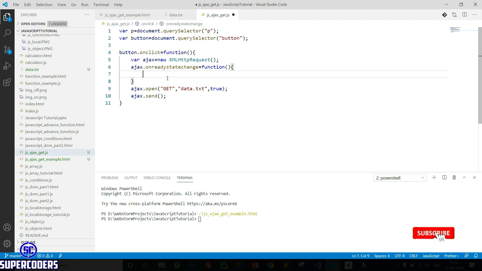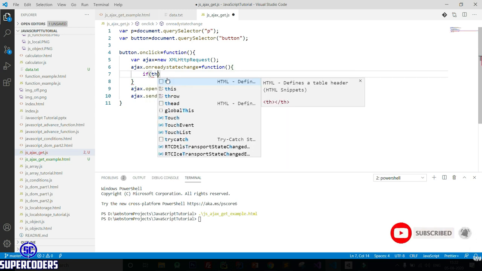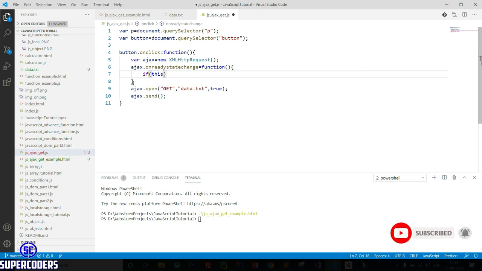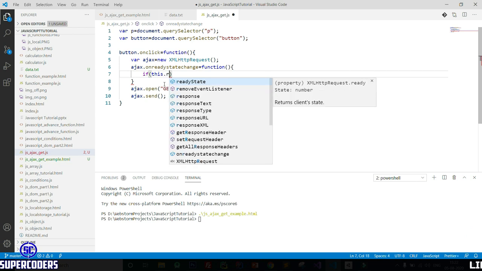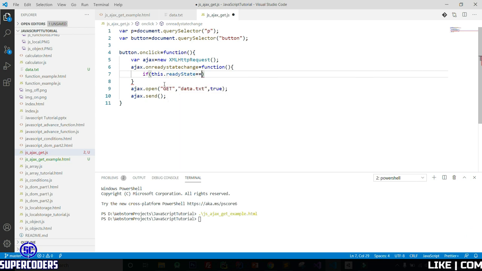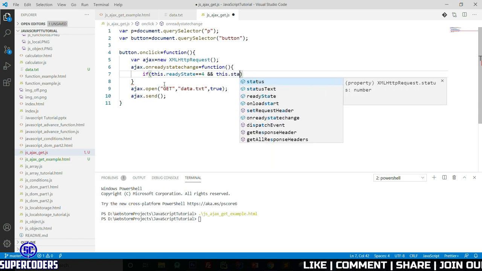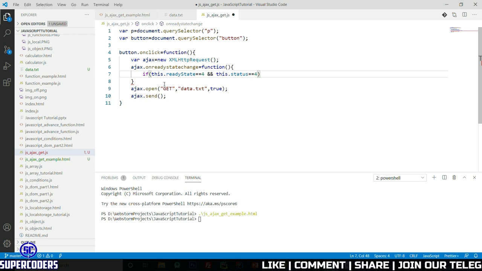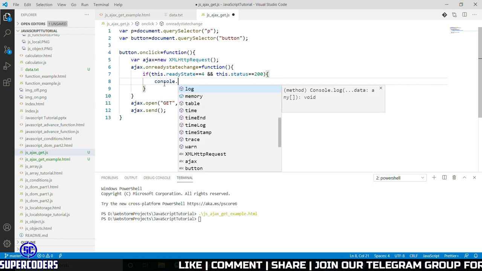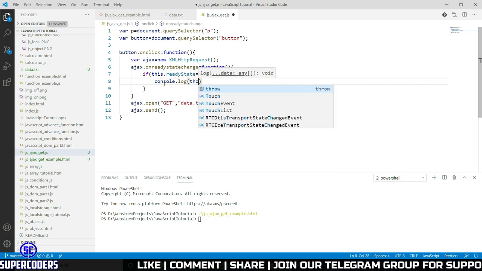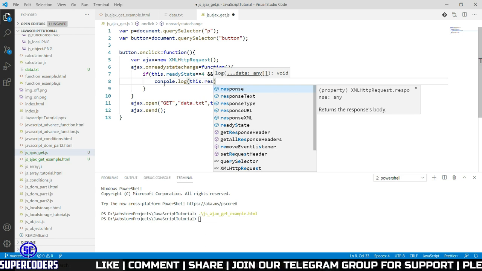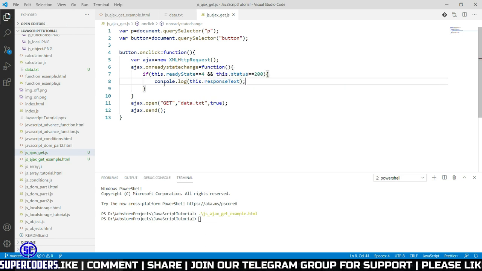So here adding: if this, meaning the current Ajax object, readyState equal to 4 and this.status equal to 200, then console.log this.responseText. Save it.